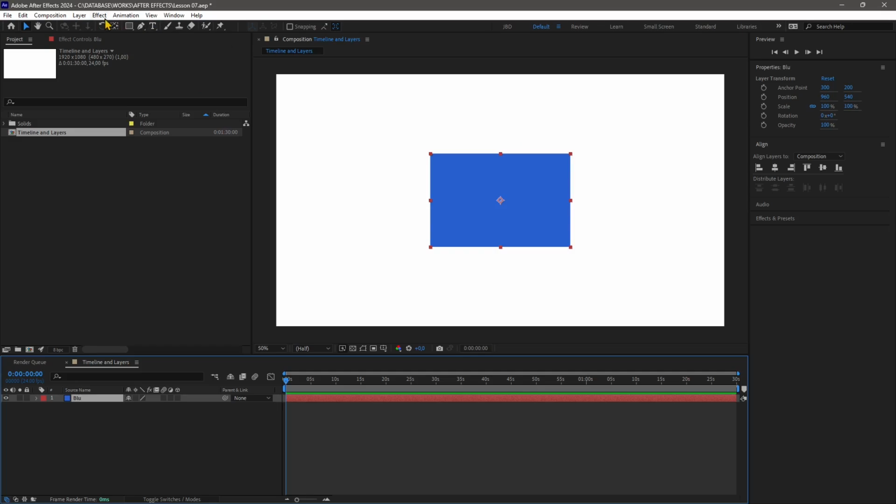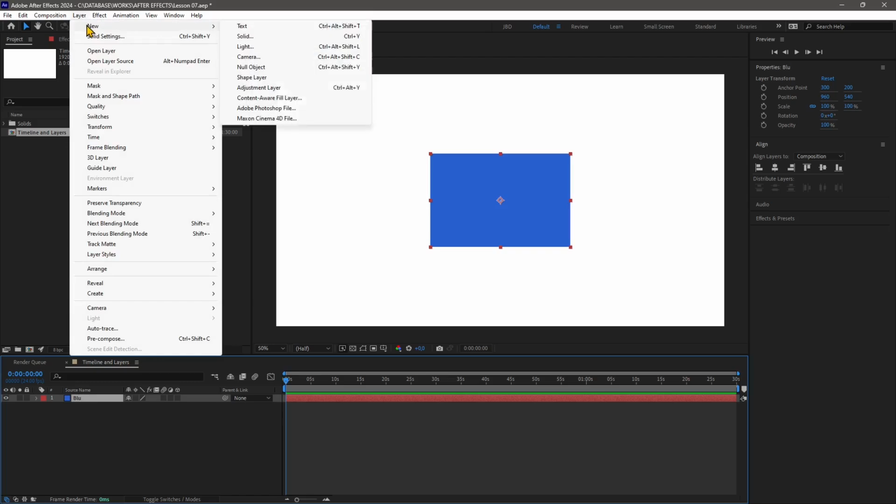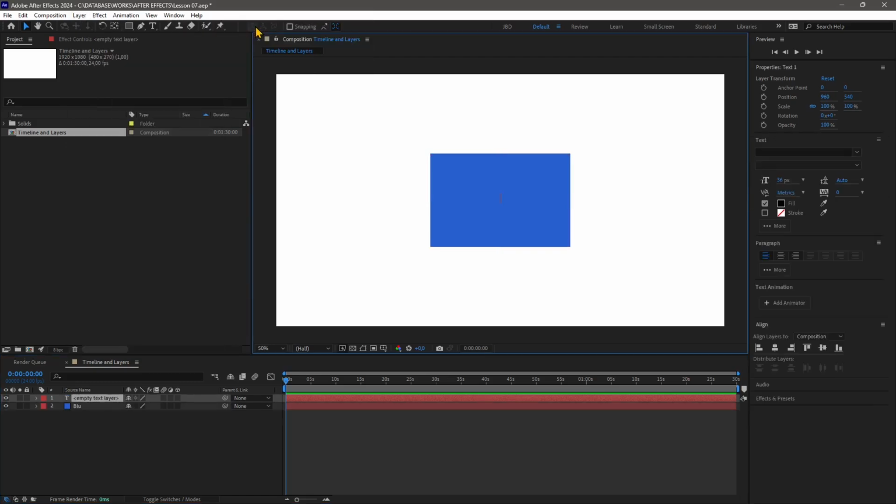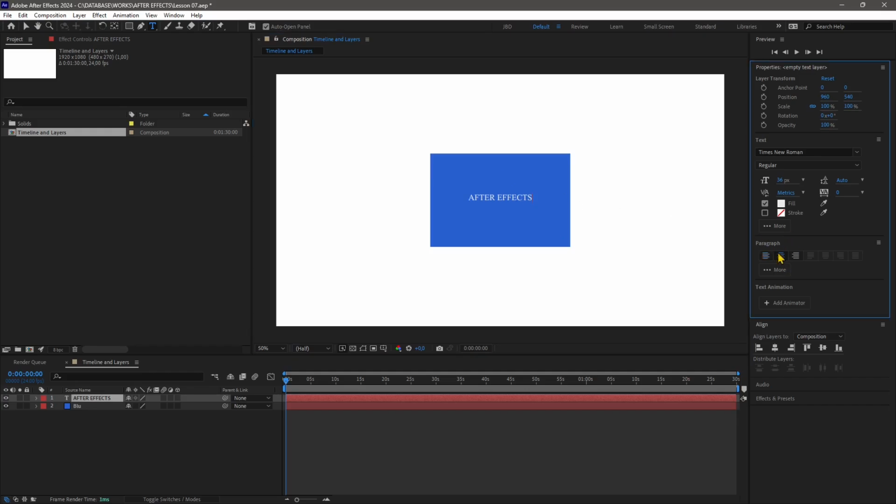Now let's also create another layer. I'm going to go to layer, new, and create a text layer. I'm going to type After Effects. I can use the caps lock if I want everything in capital letters. And if I want to place this in the middle, I can see here I have the